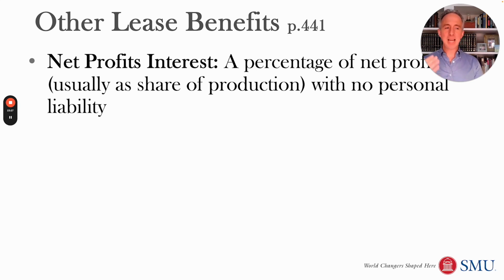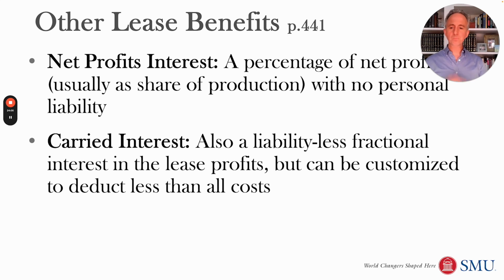It's typically not used except by very sophisticated parties because it would require you to figure out what profits are, which means you would have to audit all the oil and gas companies' expenses. That's why generally landowners are happier with a royalty that just gets them a share of production. They don't have to worry about what the oil and gas companies' expenses are because they get the same share of production regardless of what those expenses are. But countries that are looking to maximize the value of their oil and gas and are much more sophisticated might have to look at the company's expenses anyway for purposes of taxation or otherwise, and are much more likely to use a net profits interest. Okay. Another interest that you sometimes see is a carried interest.